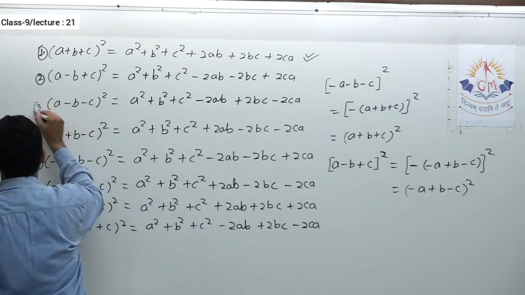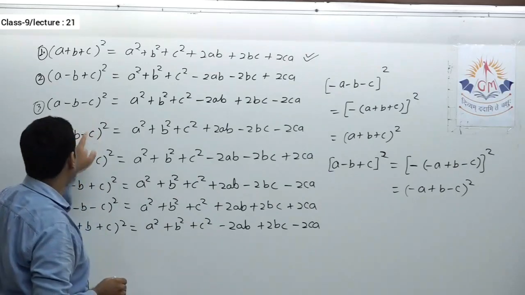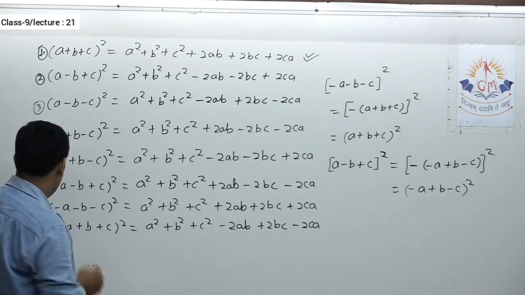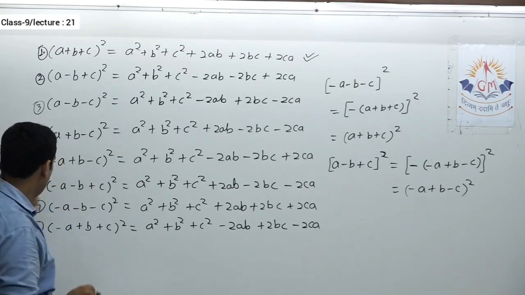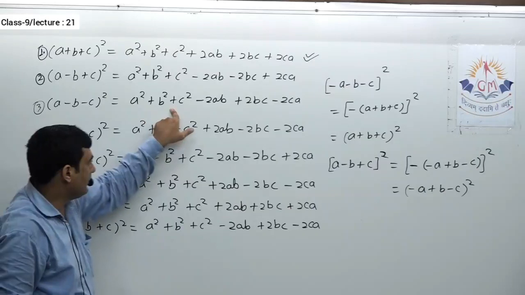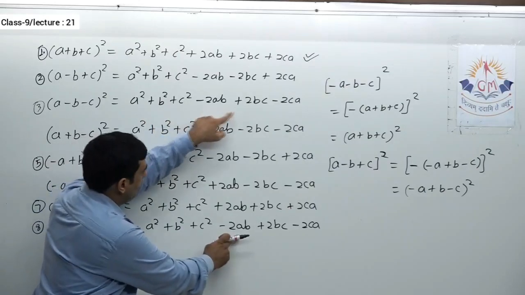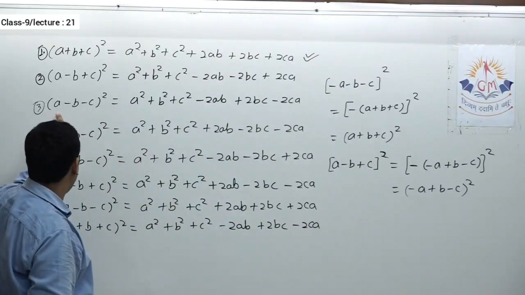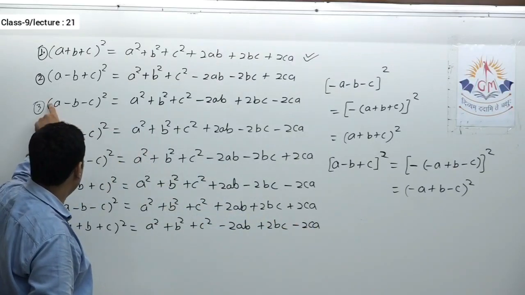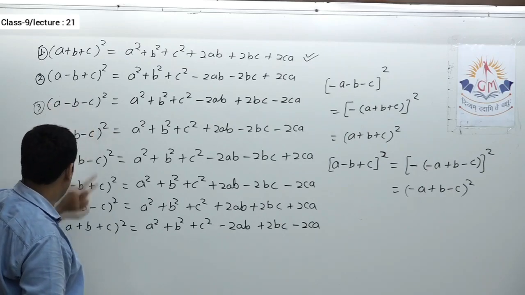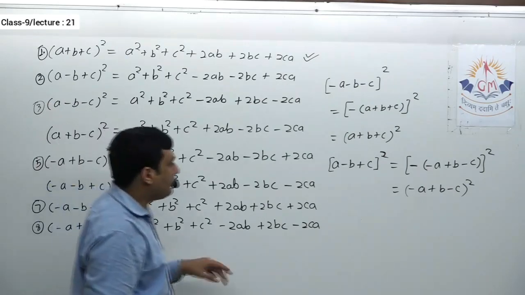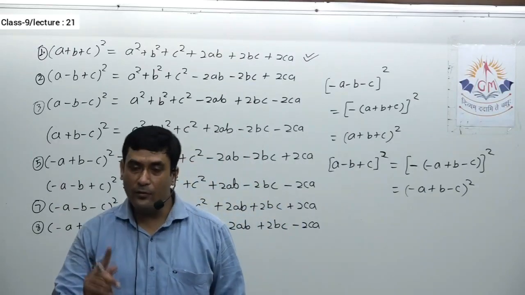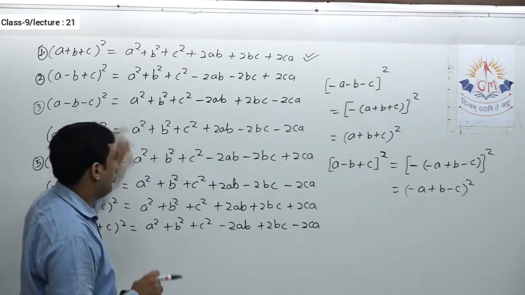Similarly, if you observe this third one, a minus b minus c, it is the same as this last one. Third one and last one are the same. The first three terms need no comparison; minus 2ab, plus 2bc, minus 2ca. If I take the minus sign common from these three, this will be negative, this will be positive, this will be positive, and we have the same. So actually there are 4 formulas only, not 8. And among them we have to remember just one, that is the first one.